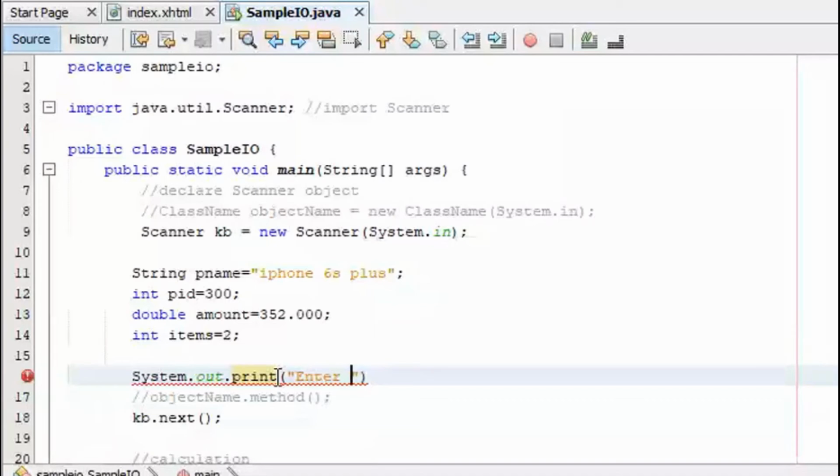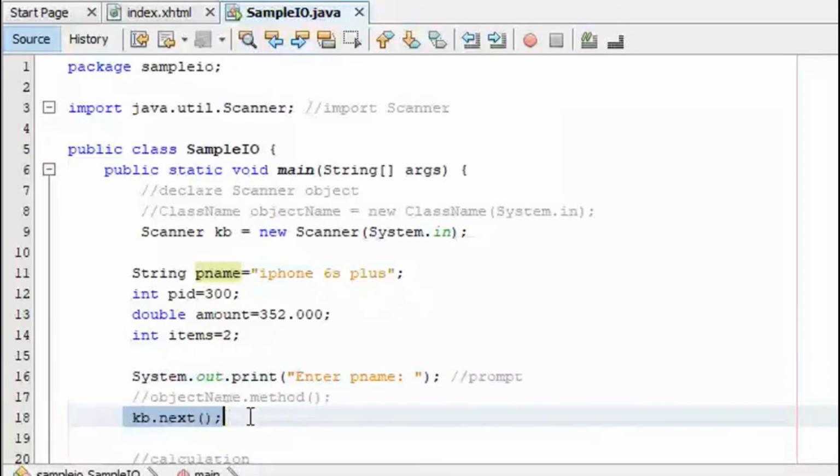What do we need to enter here? We need the PName, sorry. We have the PName, okay? Is this part of the input? No, this is just a prompt. What do I mean by prompt? This prompt will allow the user to know what is to be entered. If we don't have this, nothing will be seen by the end user, whoever is using it. Now, after you put the prompt, you are to input the value. This will only accept the value. But where do we save it?